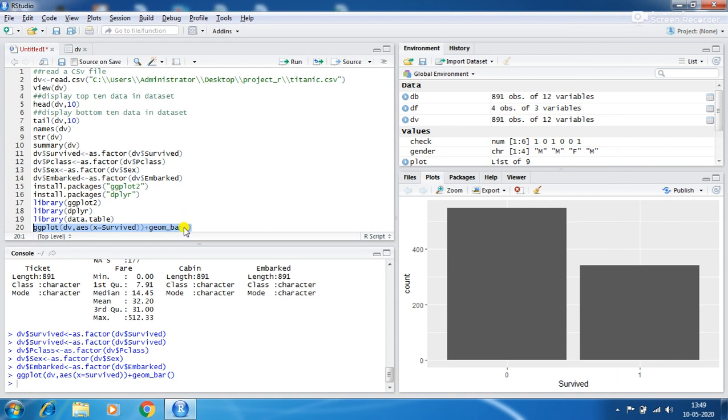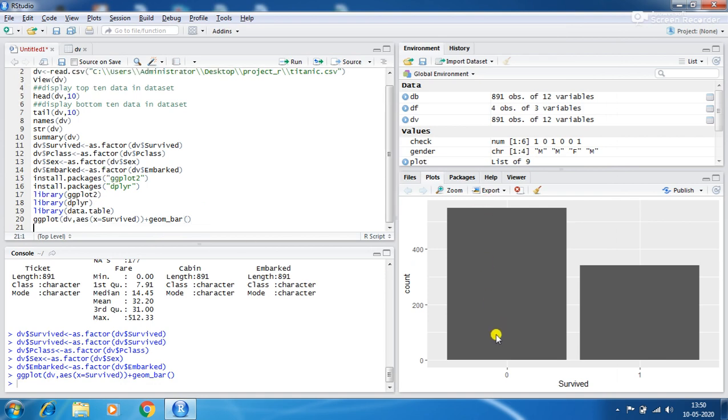Okay, then we have a prop table, because we don't know the percentage of survived and not survived. We have to calculate it.